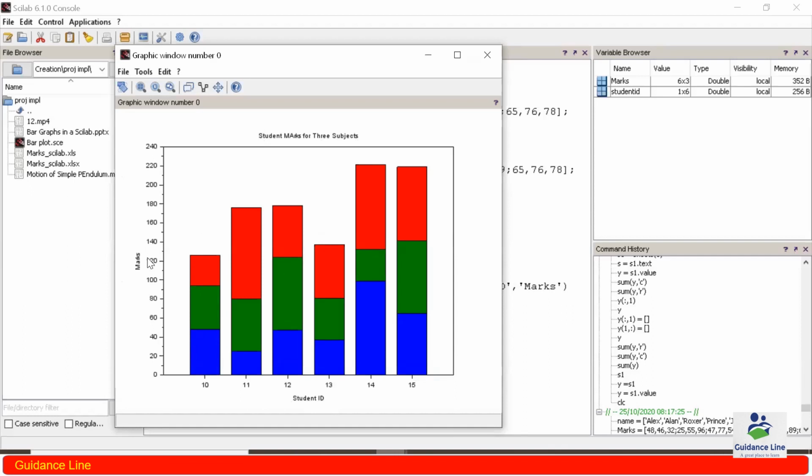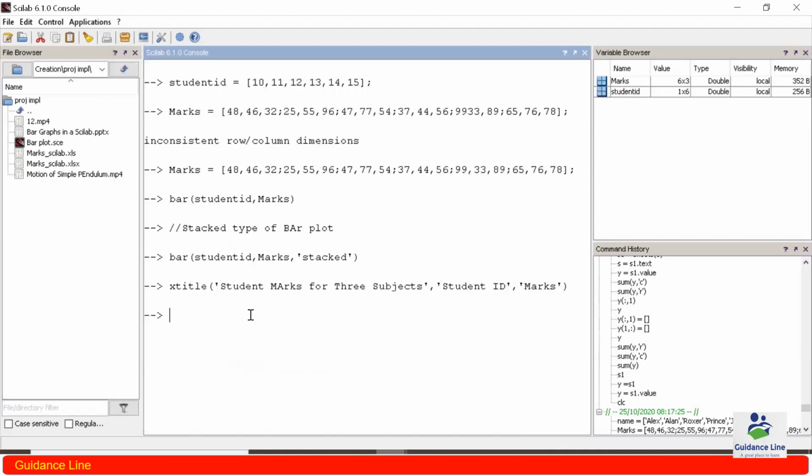Now suppose I want to create a legend that shows the different colors with the different subjects. So for creating a legend I have to simply write a command legend, and then I can pass different data over here.